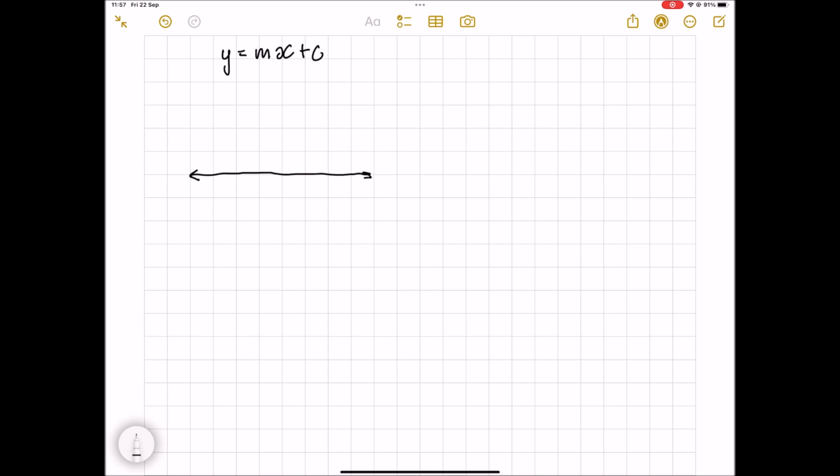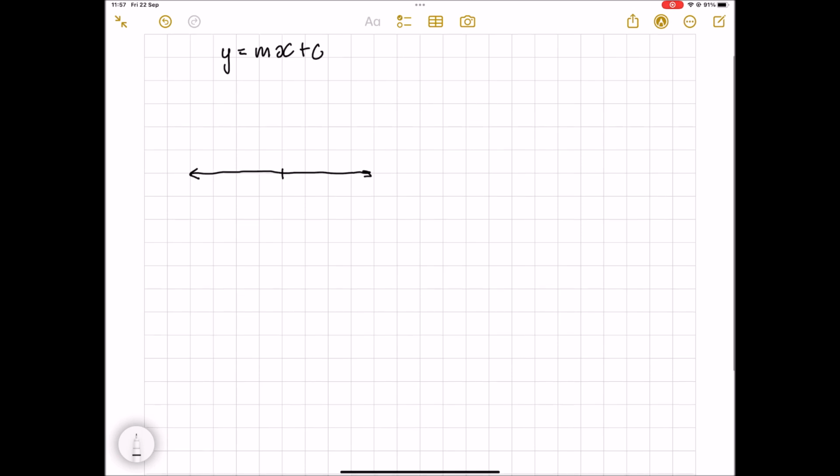The x-axis is the horizontal axis, and I always start off with 0, which is in the middle, and to the right of the 0 is all of the positive numbers like 1 and 2 and 3, and it goes on into infinity. And to the left hand side of the 0 you get your negative values like that. So this is your x-axis, and the second axis that you have is the y-axis,